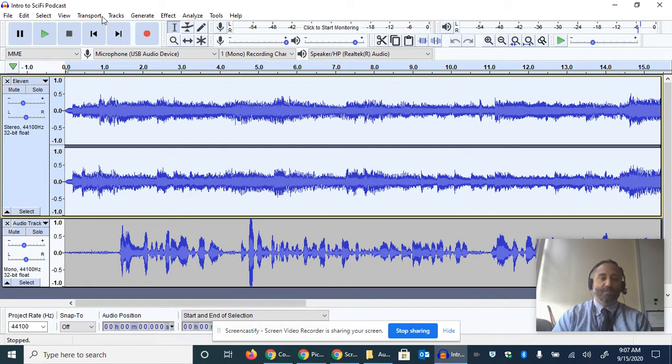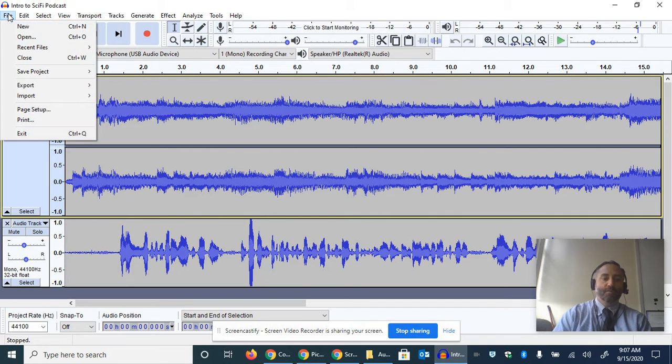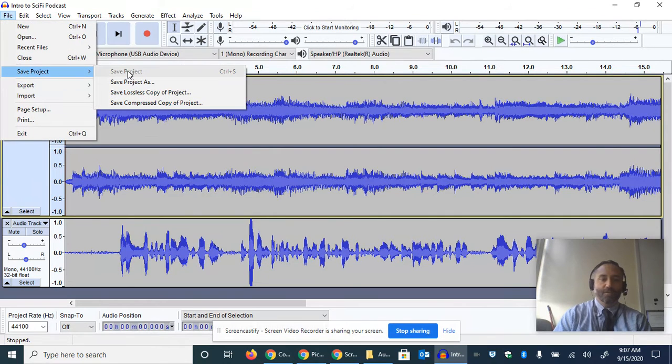But now the question is what am I going to do with this? Okay, how do I take this Audacity file and make sure that it comes out as an MP3 file? Well, first thing that you should always do is hit File and Save, and you should save your project. Obviously, it's disabled on my screen right there because I just saved the project right before I started